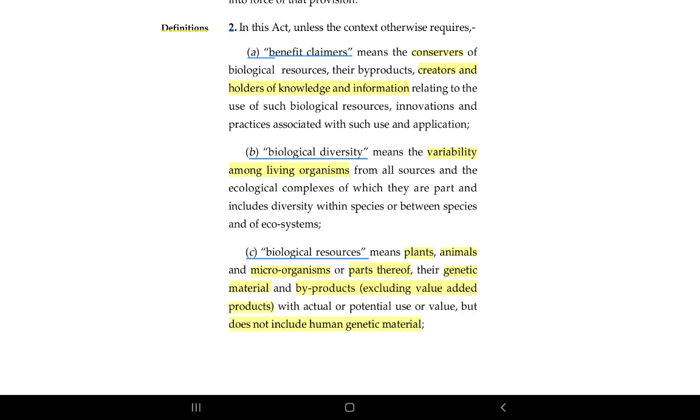One of the definitions here is benefit claimers. Who should claim the benefit? We know that one of the objectives is benefit sharing, but that has to be equitable. So who will claim the benefit out of biological resources? One is the conservers, who will be conserving biological resources and their byproducts. The second category is creators and holders of knowledge and information relating to the use of such biological resources. It's not only the conservers. Some may possess the knowledge of how you will use those biological resources. Since they know how to use such resources, they have the knowledge and the information, so automatically, whatever benefit